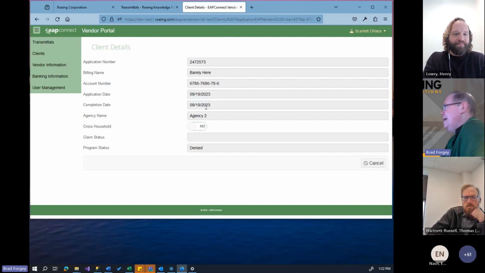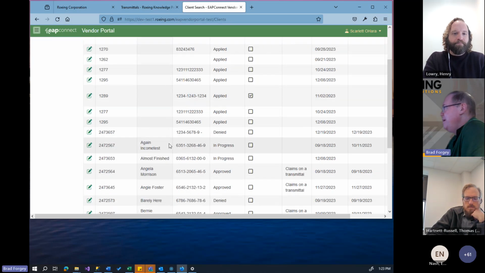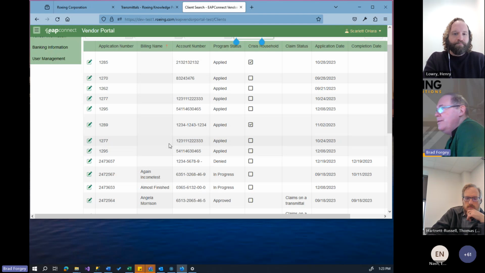This is when they applied. The agency completed work in the application. They were not marked as in crisis. They don't have any claims, but they were a denied application. So that's information that was not previously available, and all this information wasn't available really to you as well, unless you kind of reach out to the agency directly. So the things you can do in here,